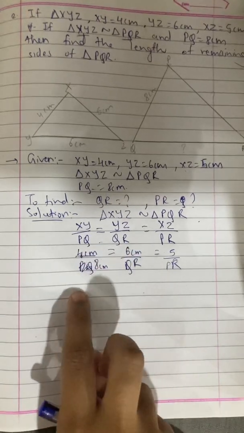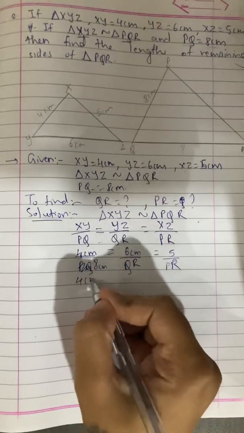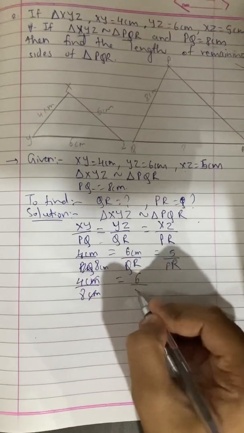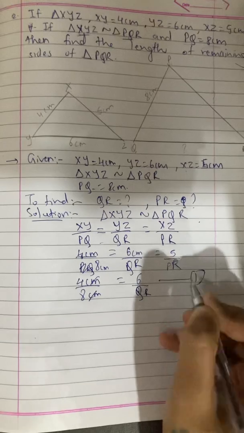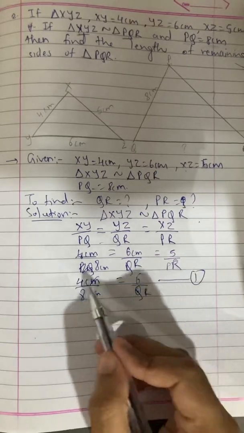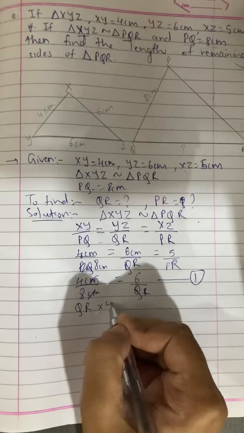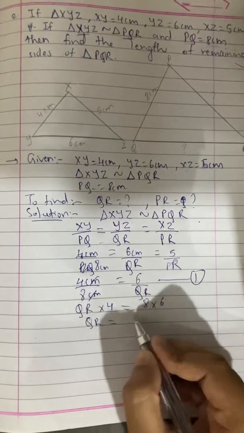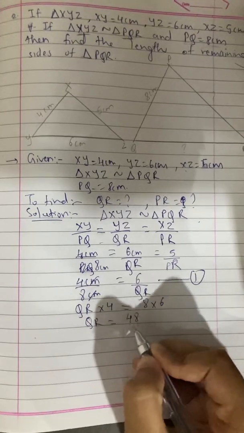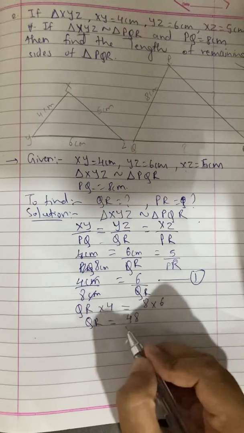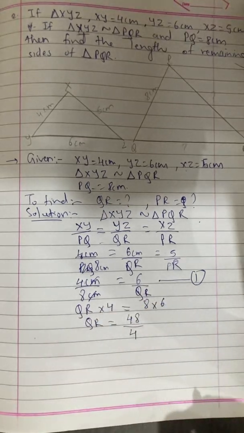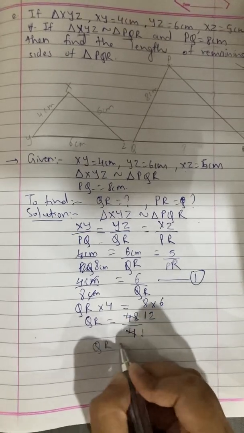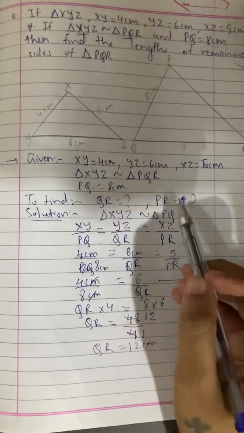ओके, सो ये 2 पार्ट जो है वो मैं पहला ले लूंगी. इट इज 4 सेंटीमीटर upon 8 centimeter. Centimeter if you cancel it is fine. So 6 upon QR. Okay, so this will be equation number 1. So now we can cross multiply. So QR into 4 centimeter, that means QR into 4 and 8 into 6. Now QR if I want to find out, 8 6 are what? 8 6 are 48. And यहाँ से 4, here it is in multiplication, here on other side it will be divided. So 4 1s are 4. Here 4 1s are 4 and 4 2s are 8. So QR is 12 centimeter. So one length we have found out, QR.